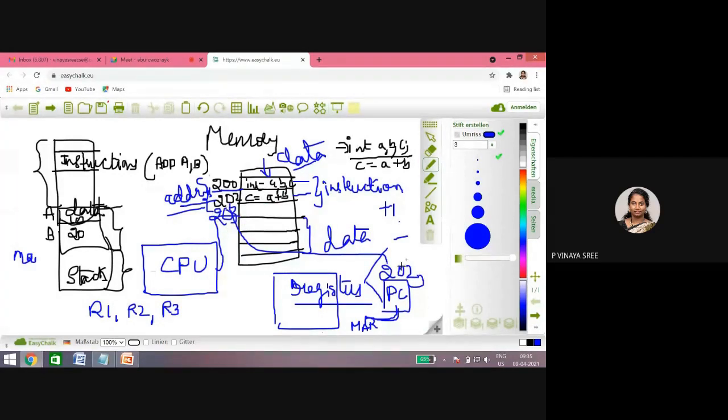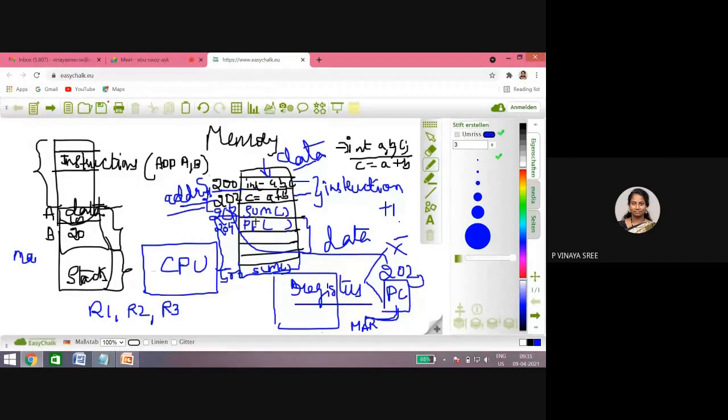In some places this will be changed. If there is a function call, let us consider sum, and sum is at location 500, and after this instruction 204 we have a printf function.